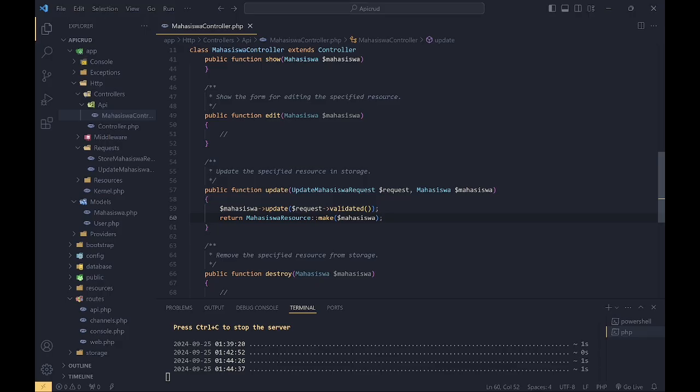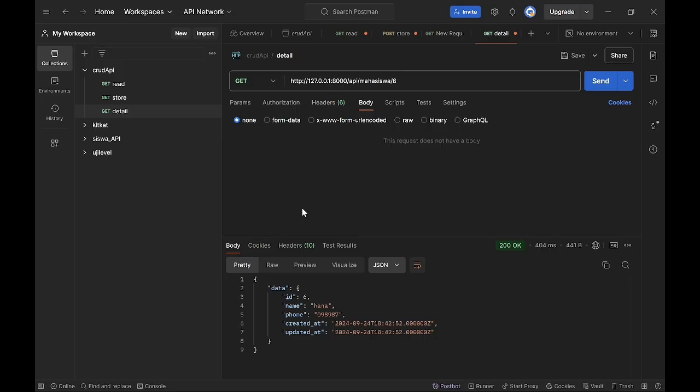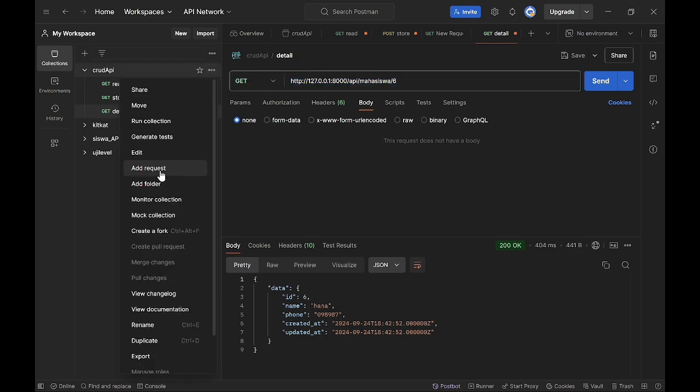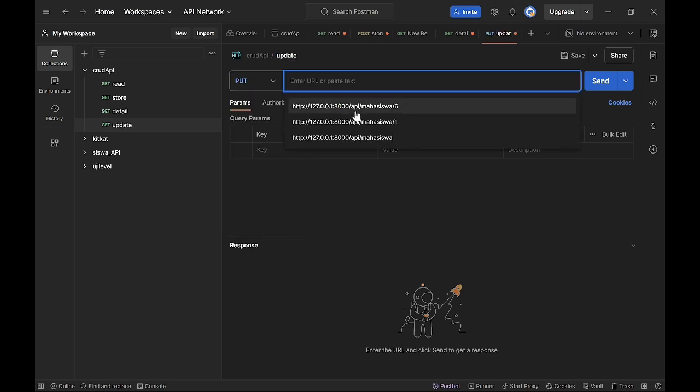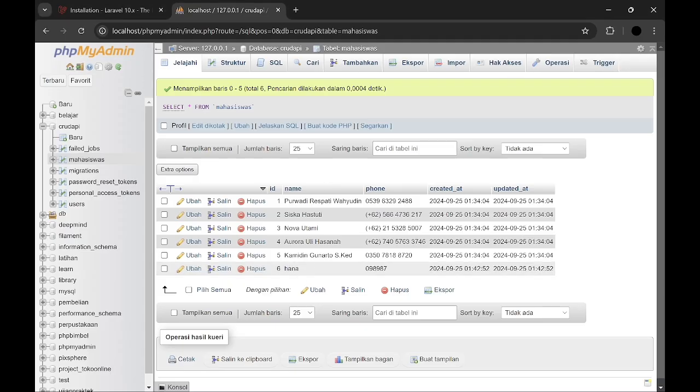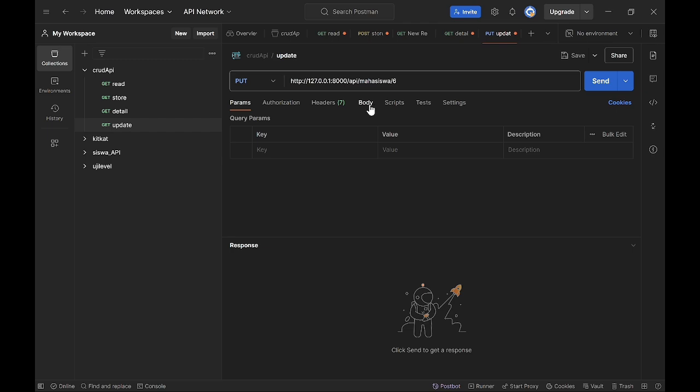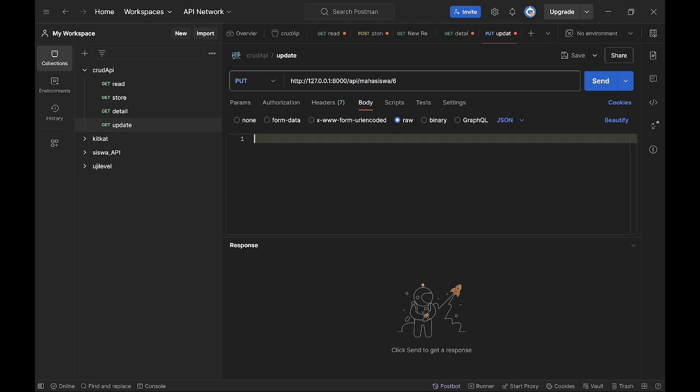After like this, we open Postman and we add a new request again for update, and we copy it first, add a request, and then the method of update is PUT, and I want to update the data for ID 6.